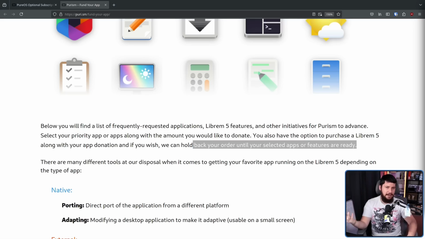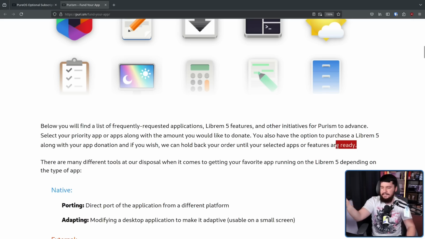It's kind of like buying a Big Mac and then rounding up your order price to just donate a bit of money to the Ronald McDonald Foundation. I don't have an issue with it. If it's optional, that's fine. It's nice to have it there, and I'm sure some people go and use this.